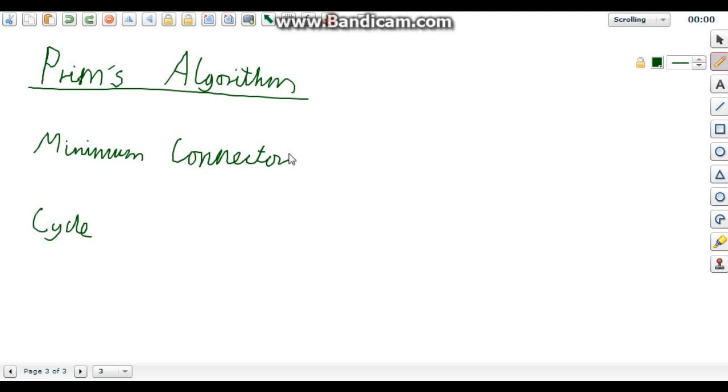Now, Prim's algorithm is an algorithm that will find the minimum connector of a graph. A minimum connector is the shortest weight value of a way to connect all the nodes on a graph